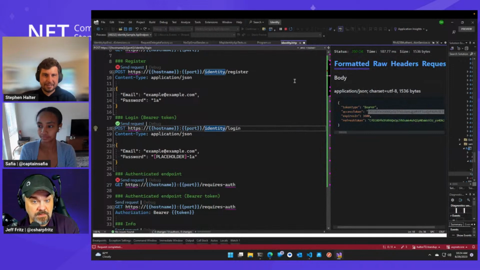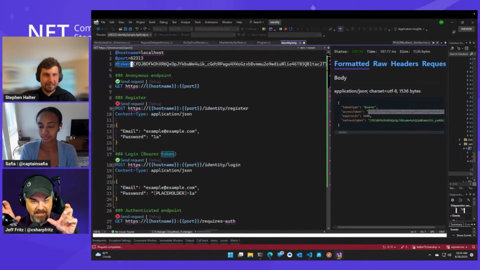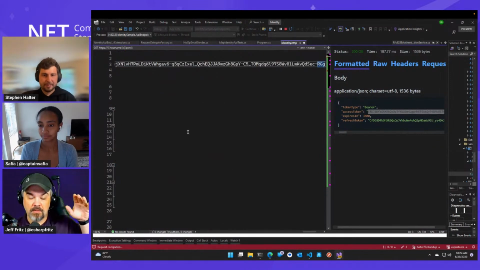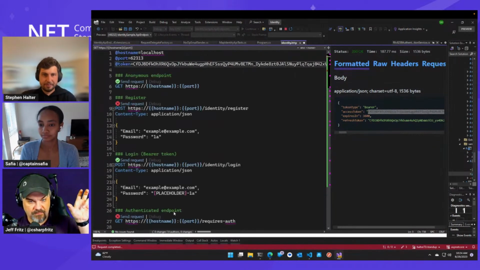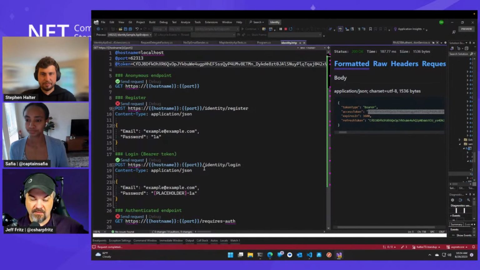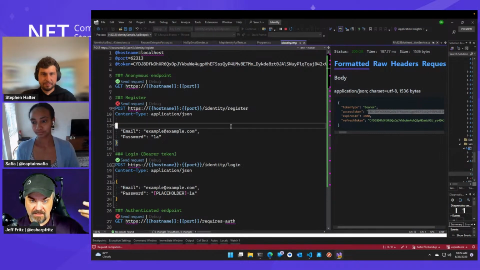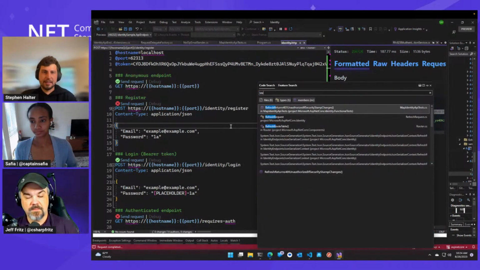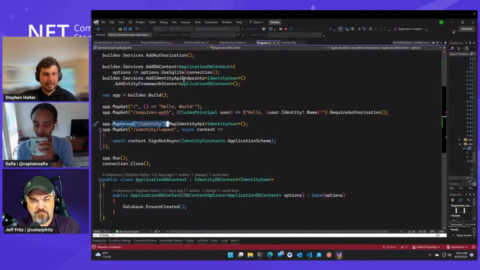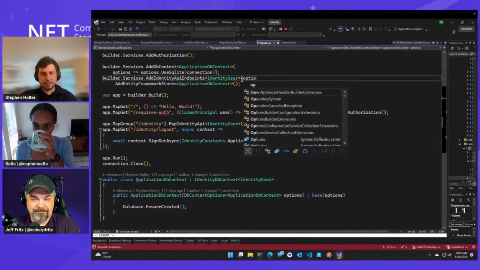And MapIdentityApi is just exposing what you configured in the builder for configuring the identity authentication service, right? So all of these things are a product of what was configured previously. Sure. So for example, here in AddIdentityEndpoints, this takes options.